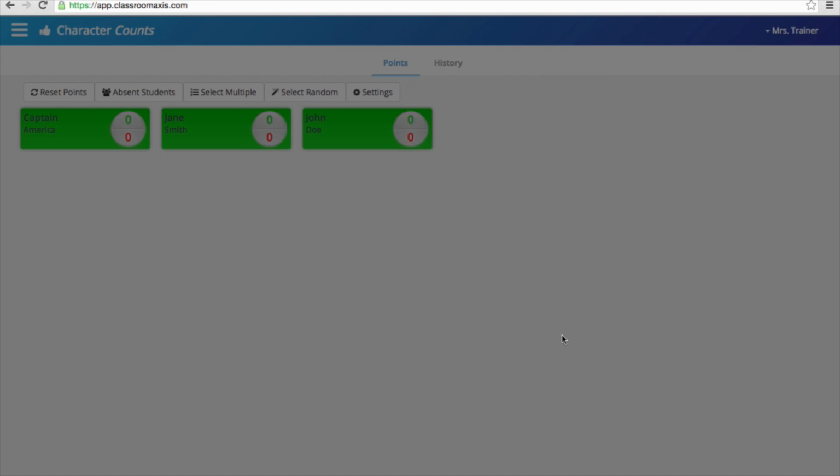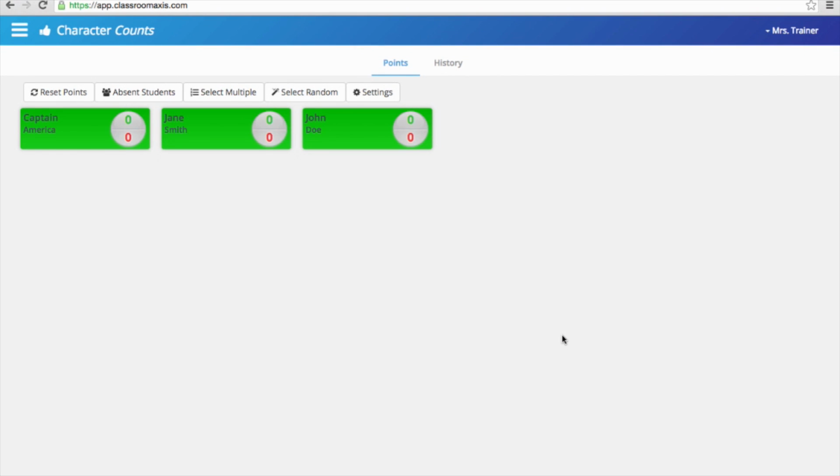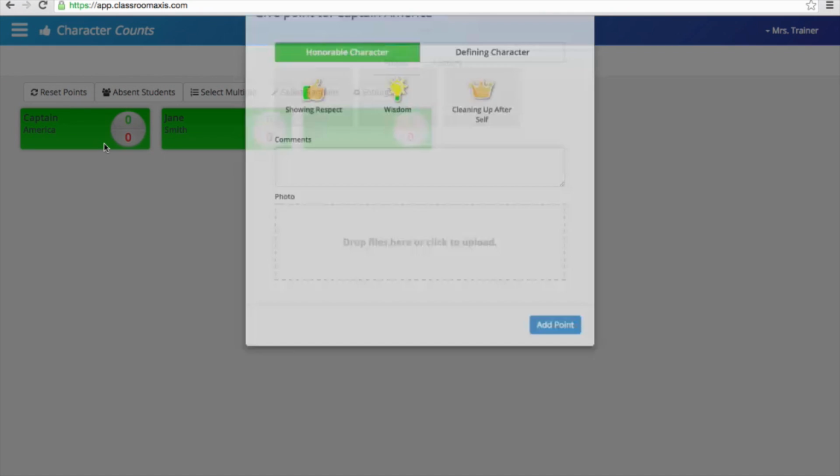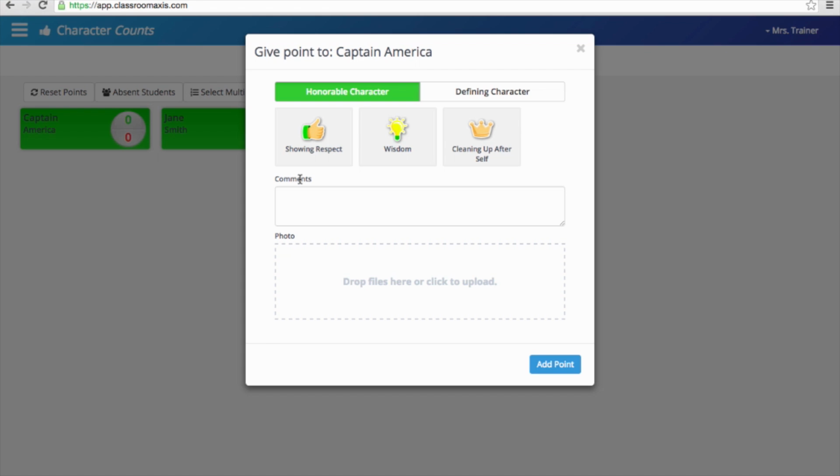Okay, then save. Okay, now giving points. You click on one student at a time, or you can click on Select Multiple Students, or you can click on Select Random to give a positive or a negative point. For positive points, you will have the option to add comments and a picture,